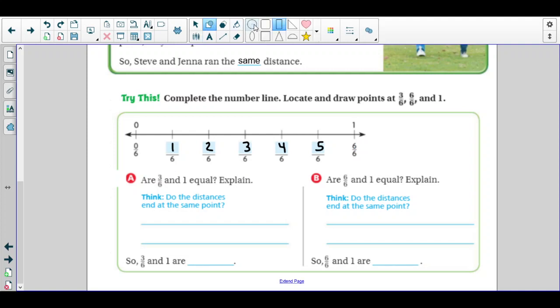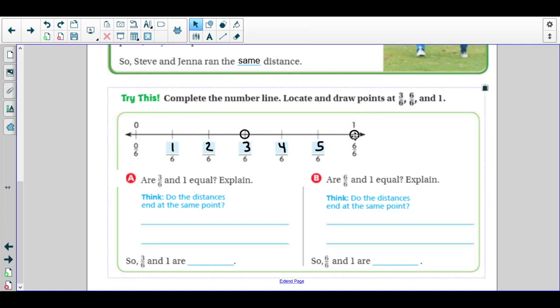So we need to locate these points. So let's go ahead and locate 3/6. That's right here on this number line. And 1 is located here, and so is 6/6. They're both right here. So our 3/6 and 1